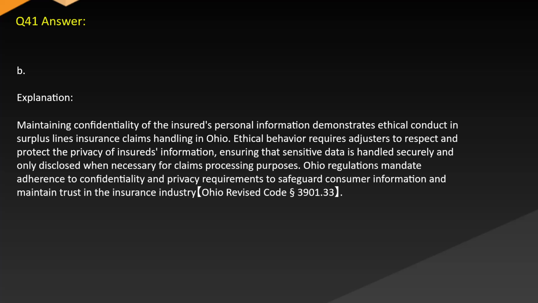Answer: B. Explanation. Maintaining confidentiality of the insured's personal information demonstrates ethical conduct in surplus lines insurance claims handling in Ohio. Ethical behavior requires adjusters to respect and protect the privacy of insureds' information, ensuring that sensitive data is handled securely and only disclosed when necessary for claims processing purposes. Ohio regulations mandate adherence to confidentiality and privacy requirements to safeguard consumer information and maintain trust in the insurance industry. Ohio Revised Code Section